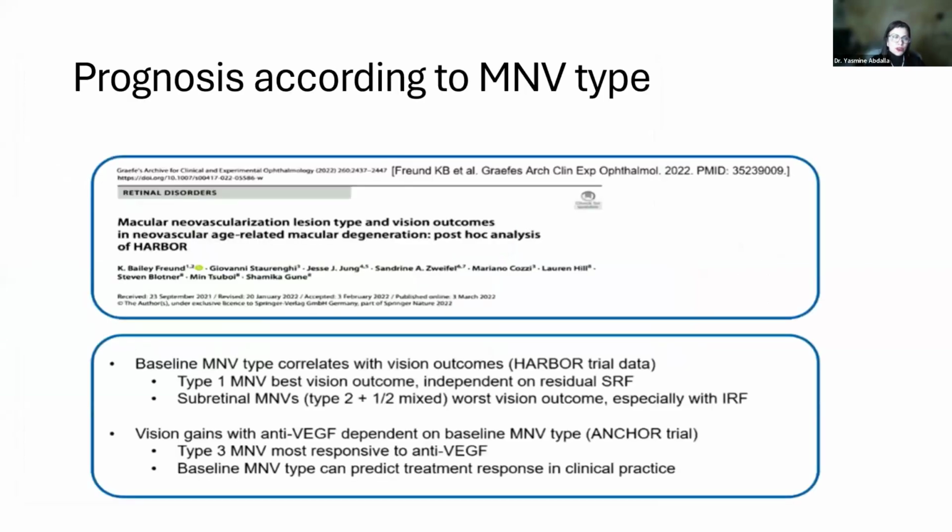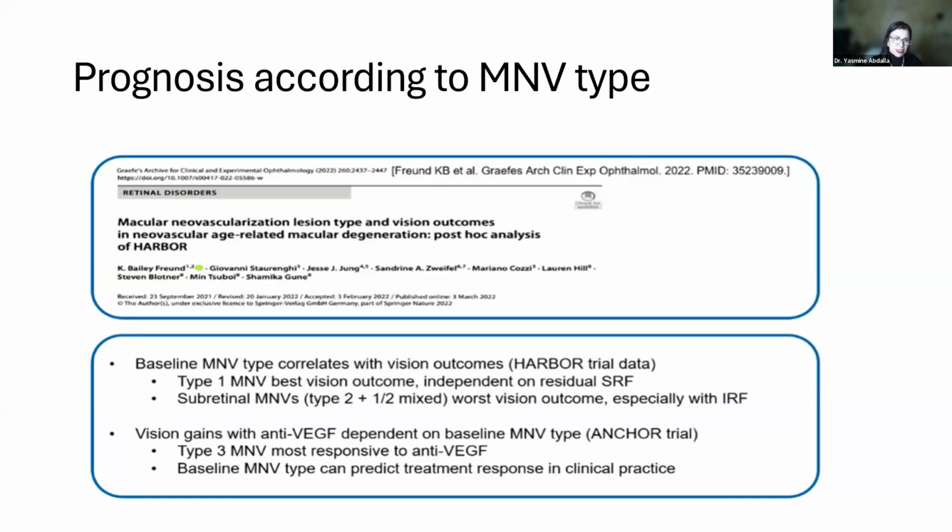So we talked about prognosis depending on Drusen type. Now we need to talk about prognosis depending on the neovascular membrane type. So with the Harvard trial data, it told us that type 1 macular neovascularization has the best vision outcome, independent of the subretinal fluid. And subretinal type 2 and the mixed type have the worst visual outcome, especially if intraretinal